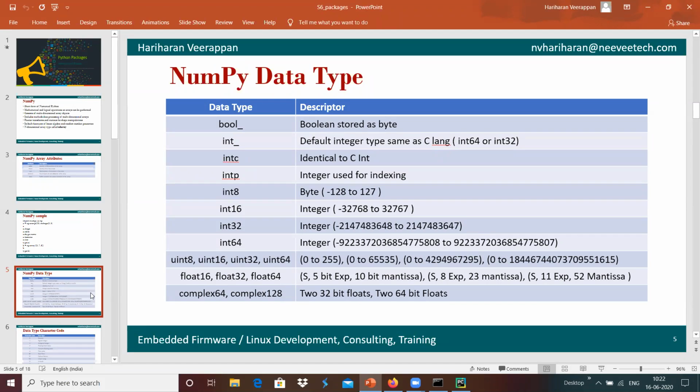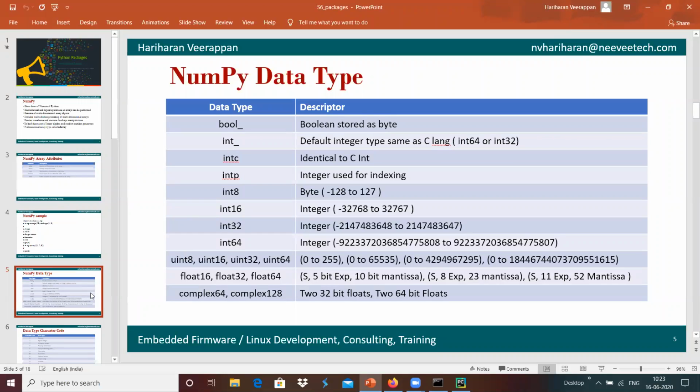Like that we have the different signed integer data types, and we have the unsigned integer data types, such as uint8, uint16, uint32 and uint64, which range from 0 to 255 and multiple ranges it supports.